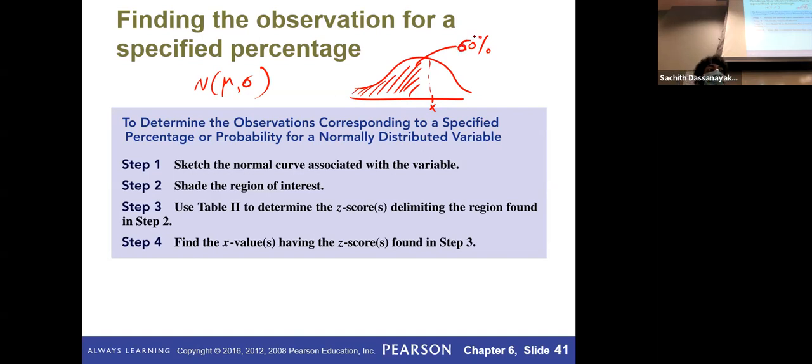In this case, how do we find this x value? I'm talking about the x value. To do this, you have to use what we learned so far, especially in this chapter 6 and the previous case. First, since this is a normal distribution, we convert this to a standard normal distribution, right?